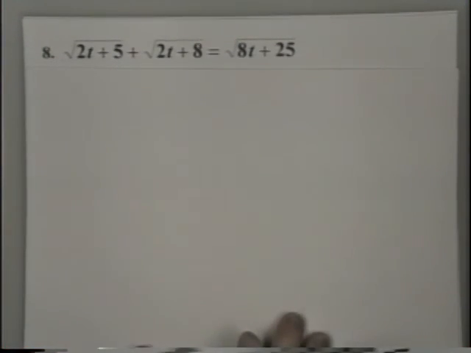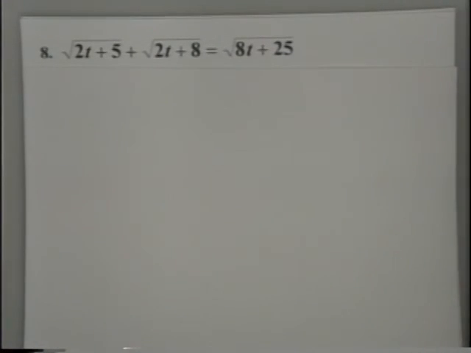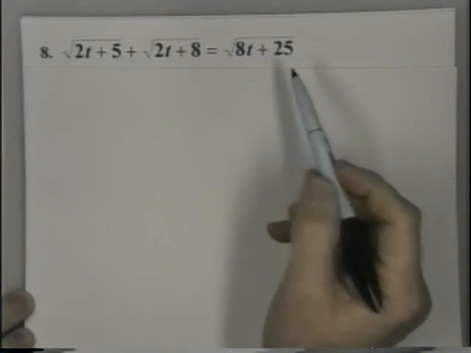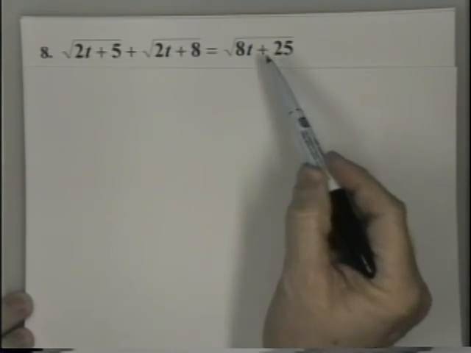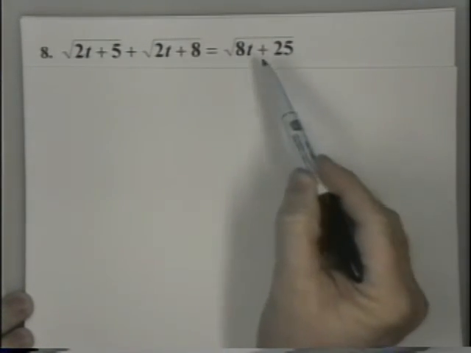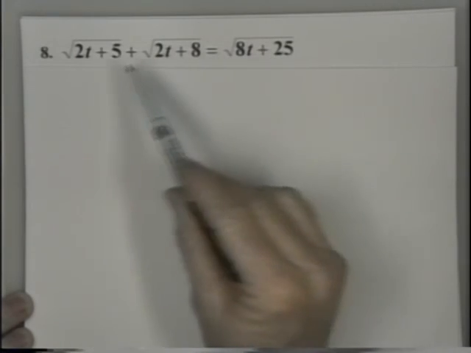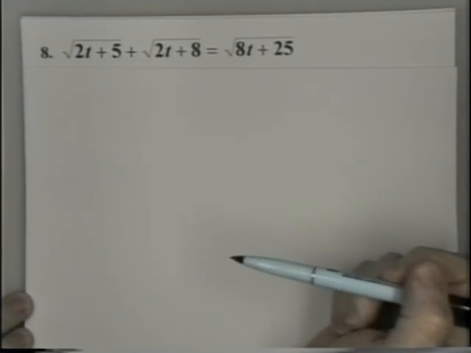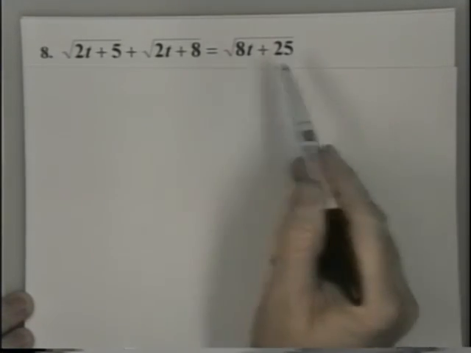Okay. Well, you knew it had to happen. Now we've got 3 radicals in the equation. And let's solve for t. What do we have to do? Well, isolate a radical. There's already one isolated, and it looks like the most complicated one, so why don't we just leave it like it is, and we're ready to